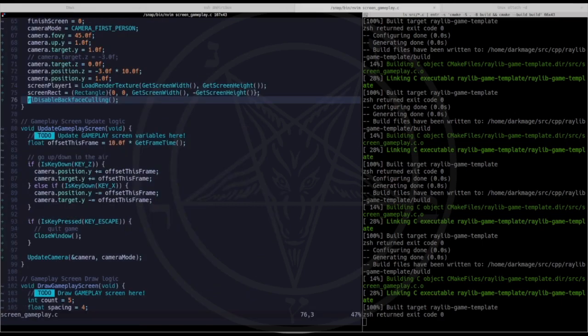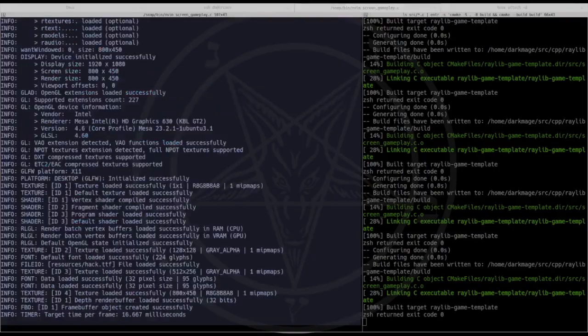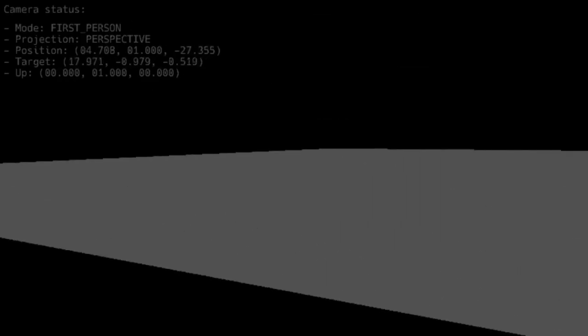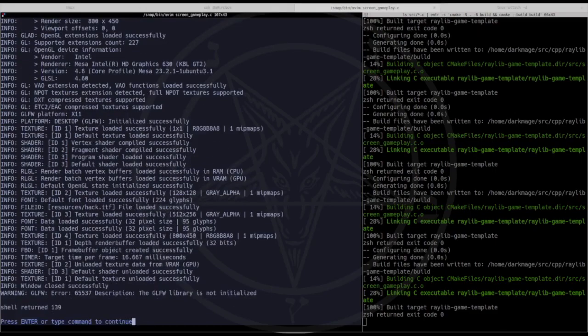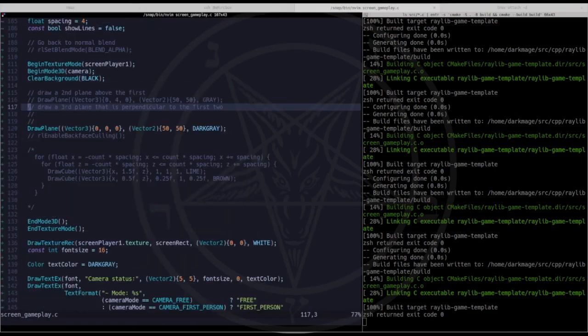So with it back, now things properly work again. And with it enabled, rather,